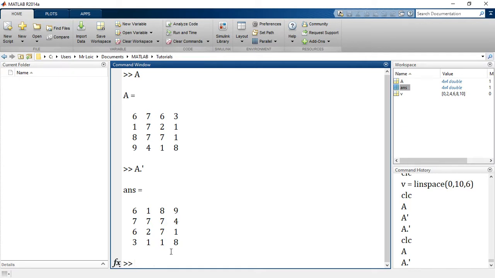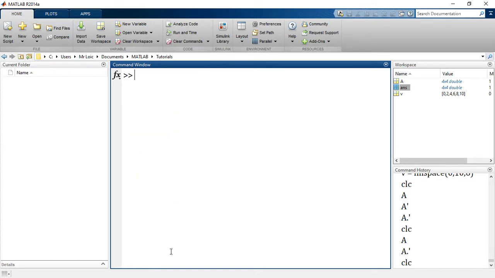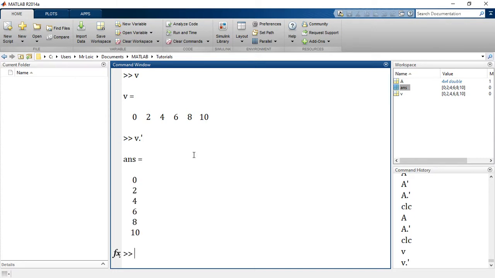I'm explaining this for those who may not have had the opportunity of coming in contact with linear algebra or something. Now we have to start playing. We've applied transpose just to A, so let's look at V. What happens if I say V dot apostrophe, it simply becomes that. It's just a row, so it just becomes the corresponding column. So in the transpose there is an interchange of sizes.